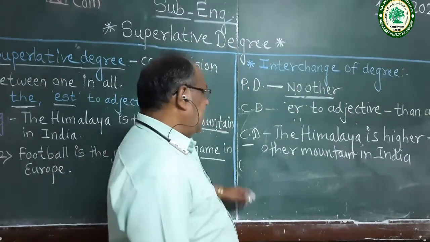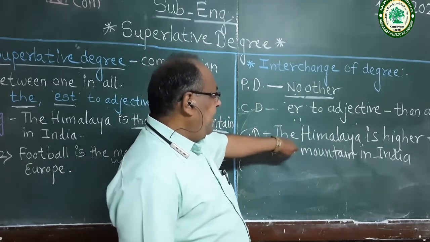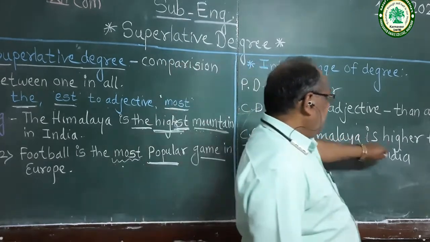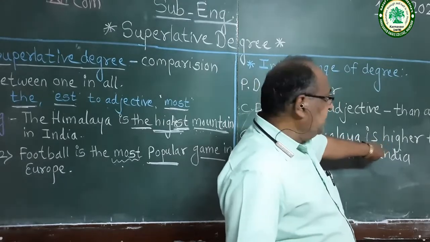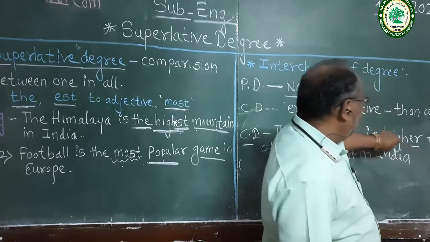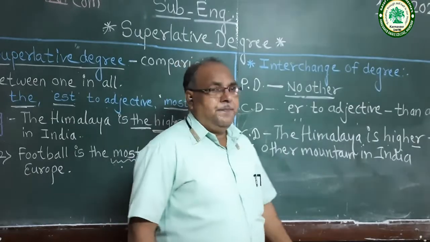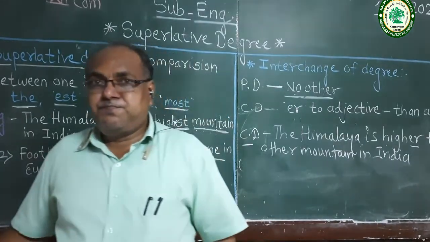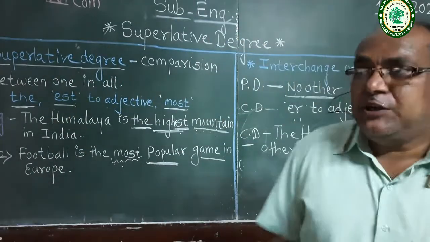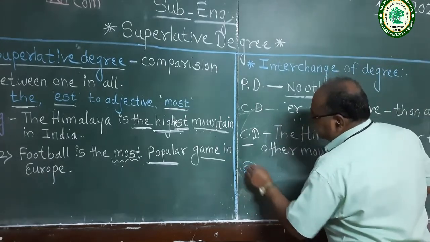Once again look at here, what are the necessary changes we make here. The Himalaya: begin the same sentence with the same subject, the same form of "to be". Remove the definite article "the" in the superlative degree. Remove the "est" suffix from the adjective and use the suffix "er". Then the words "any other" and the remaining part of the sentence. In this way we can change superlative degree into comparative degree.